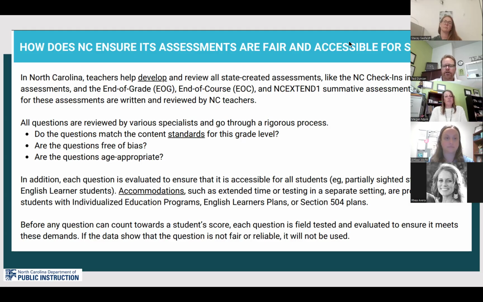I like to equate this to the idea of we don't want to practice playing flag football, and then when it comes to the big game, say, okay, here, put on these pads, and now you guys are going to tackle each other. That just creates added stress. We want to make sure that we are preparing students with the information that they need to know along the way,